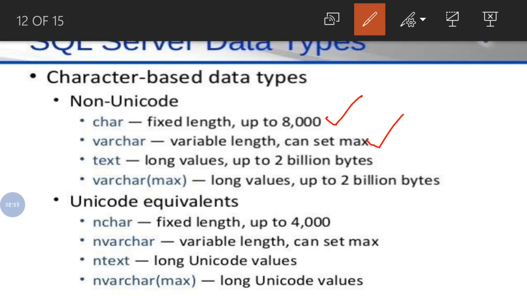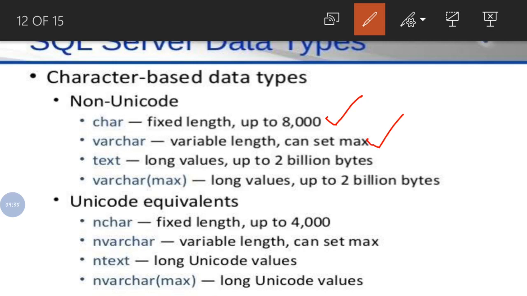But varchar is a variable length. So if I store 10 characters in a 50 character space, it will occupy only the 10 character space. It will not occupy the whole 50 character space. Now can you understand the difference? This is the difference between char and varchar. The char data type is a fixed length and varchar is a variable length. Fixed length means that if you store a very small amount of data in the storage area, for example, if I assigned 50 characters but stored only 10, it will occupy the whole 50 for the 10 characters.